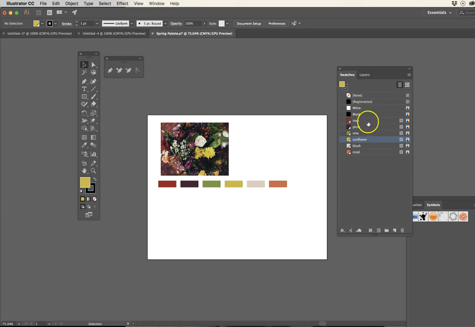So this is my swatch panel. Everything's named, ready to go. Swatch libraries, I can open at any time, and that's a quick way to get started with working with color